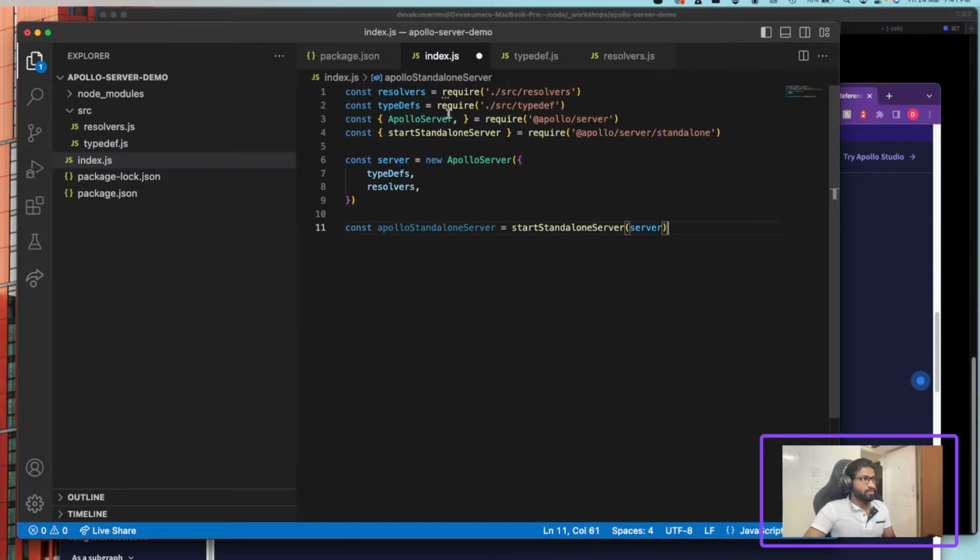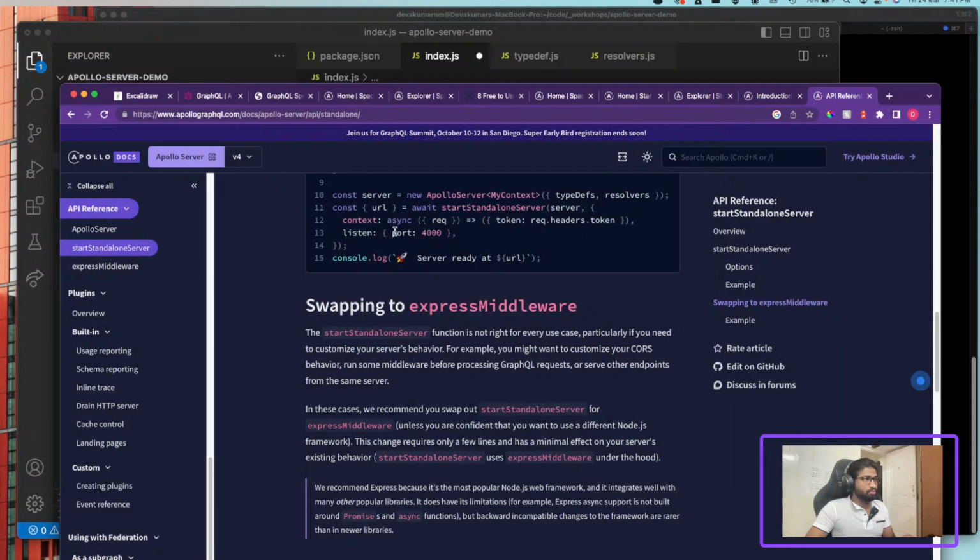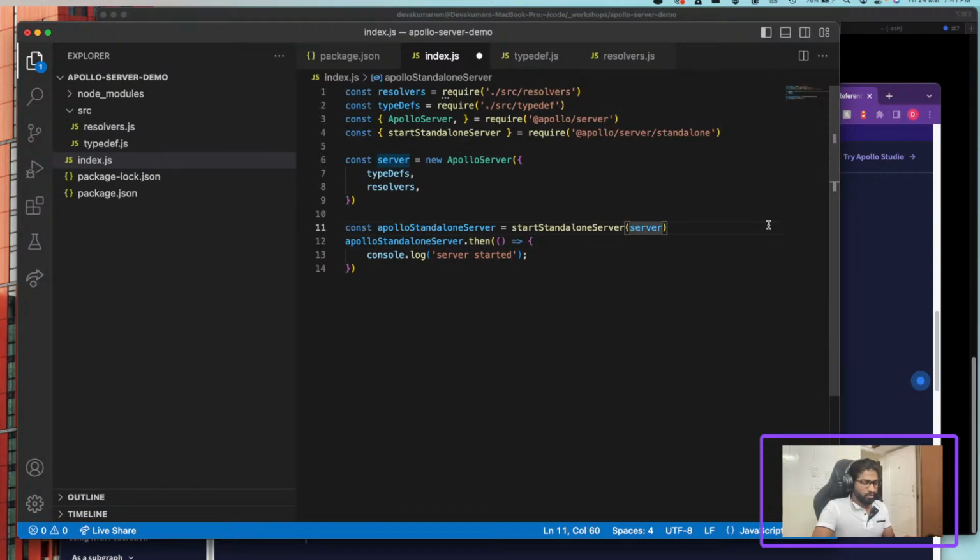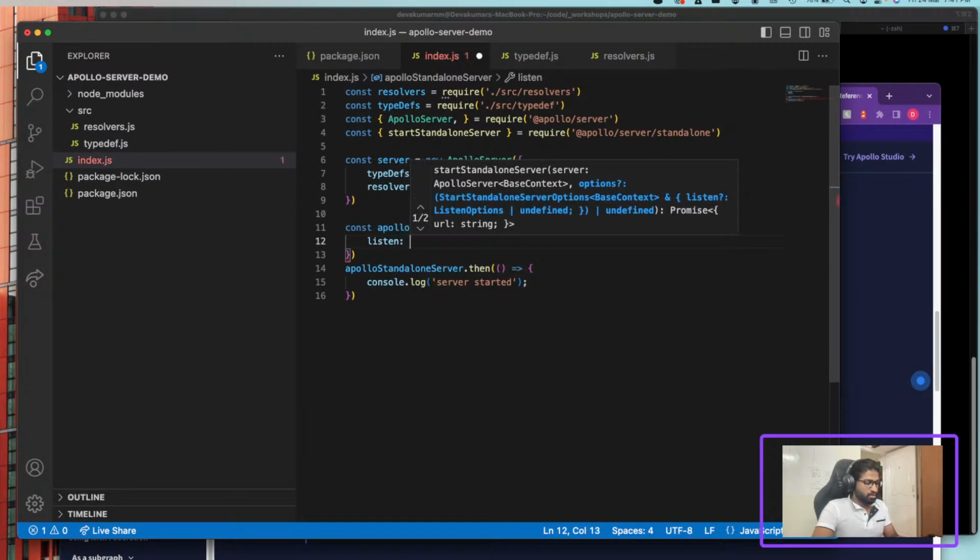Yeah, I guess that's it, and our server gets started. You can assign a promise here, like a promise, then do this because this is a promise, which means it's not something that will be executed immediately, essentially. So just put in then, whenever the server starts. So just put log server started. So we'll also define the port. Let's say